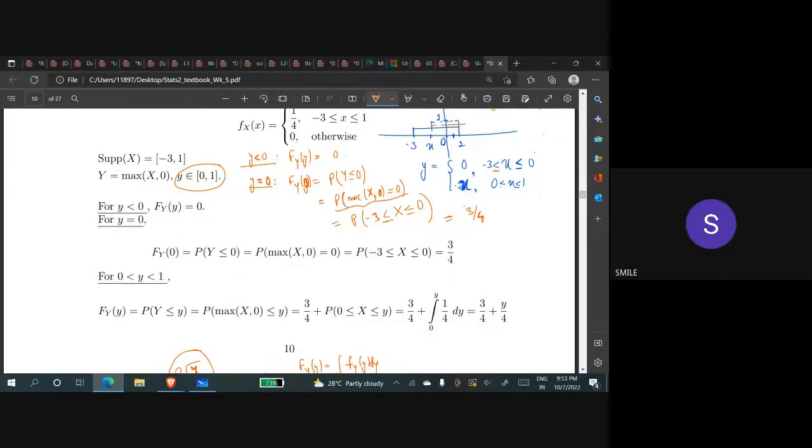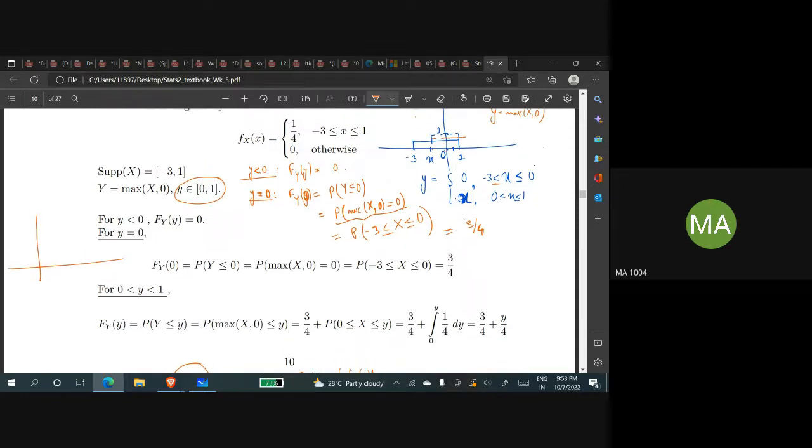You can integrate that, and you will get y by 4 from here. But you are talking about the CDF, right? So you will also have to add the previous probability. So actually, if you plot this function, that is the maximum of x, 0, you can see that